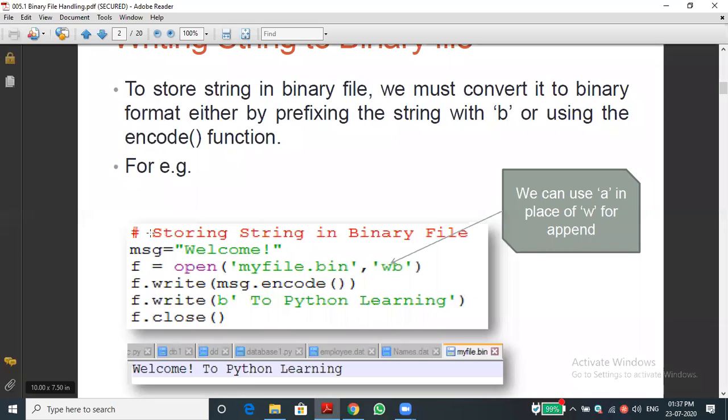For that, we have to use one module in real binary files. How to store the data? Of course, we use the pickle module. In that module many functions are there. In our syllabus, they gave two functions: one is the dump function, another is the load function. If you write the data with these functions, the file will be very protected and safe. It is secured. If others try to open the file, the data is in a different format and they cannot read anything. Have you got it, Harith? Sir, the module name? Pickle, pickle. Okay, sir.